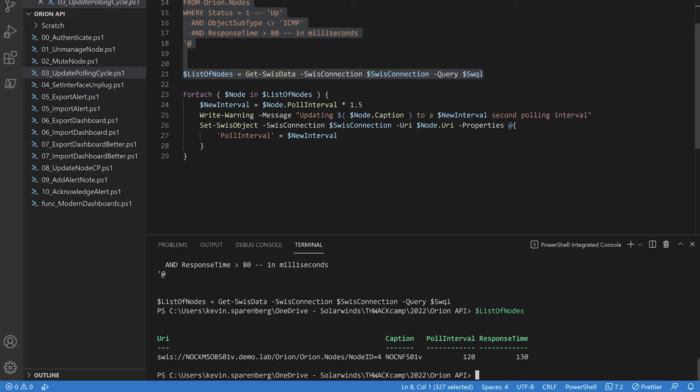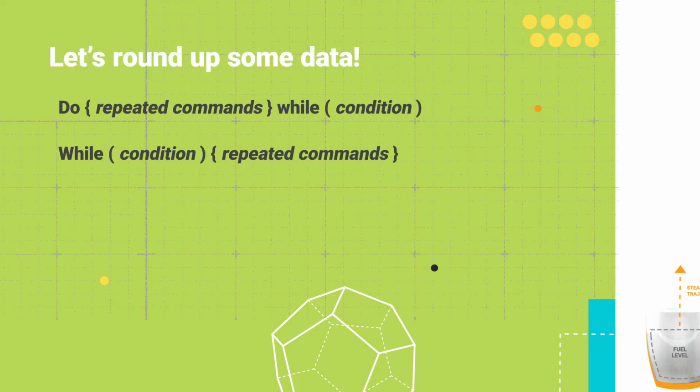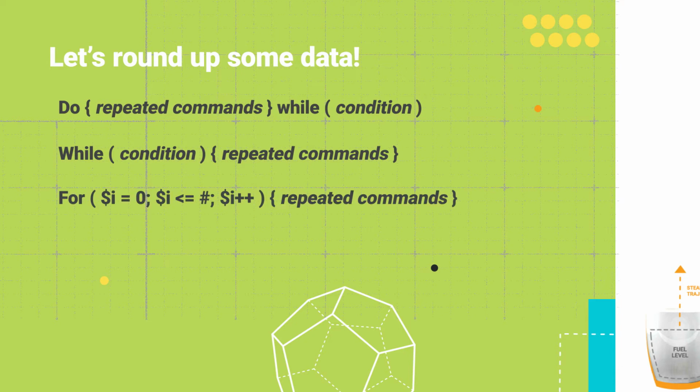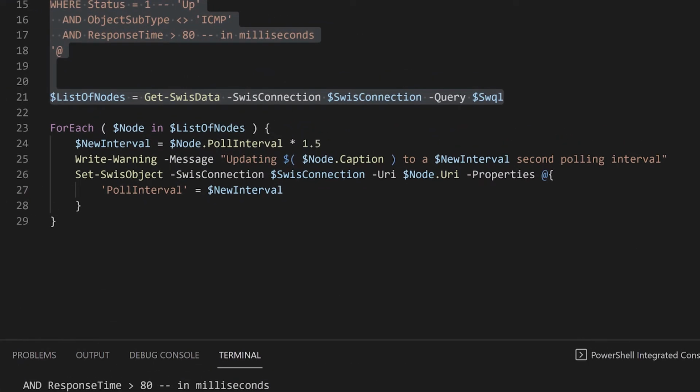And for that, I want to use a foreach loop. Now there's multiple ways to do these kinds of iterations. You can use do whiles or while do loops or for i loops or foreach loops. My default is foreach, and it's not always the best for every scenario, but I like it because I get to use, in my mind at least, plain English syntax for these types of things. So in this scenario, for every node in my list of nodes, do this group of things. And for me, that makes more sense than necessarily for node element i of this number of things.